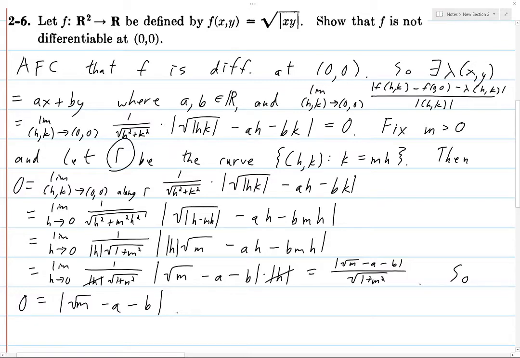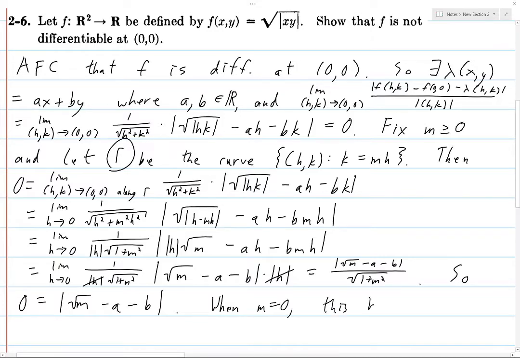Is there any reason we chose m greater than 0 instead of m greater than or equal to 0? No, there's not, because we still can divide. We still have a 1 plus m squared there in the denominator. We won't be dividing by 0 if we use m equals 0. So if m equals 0,